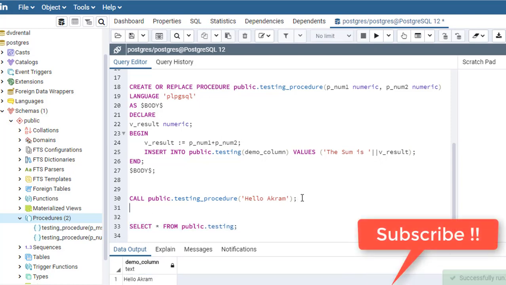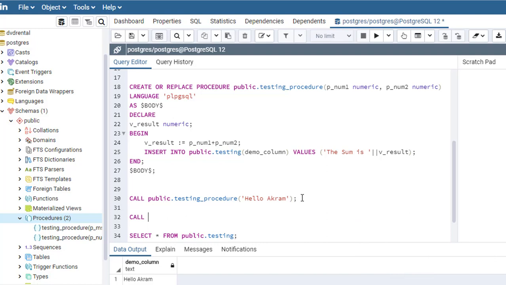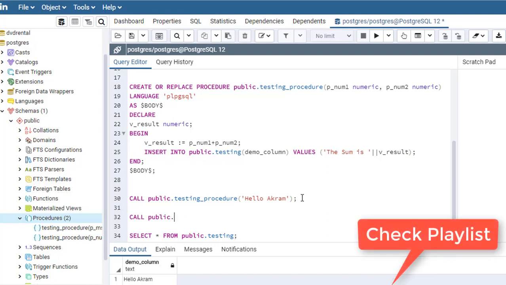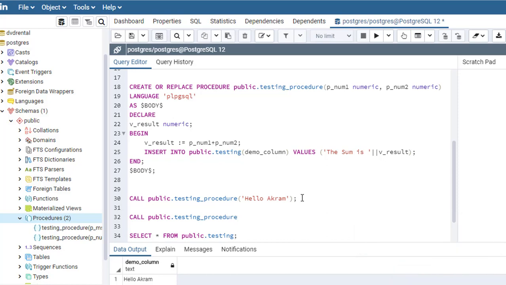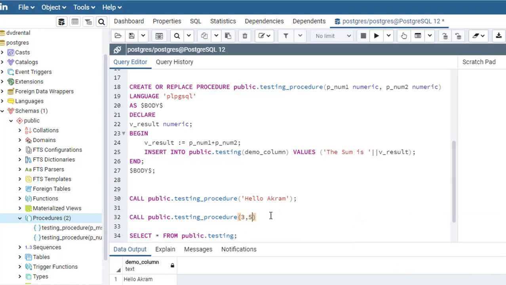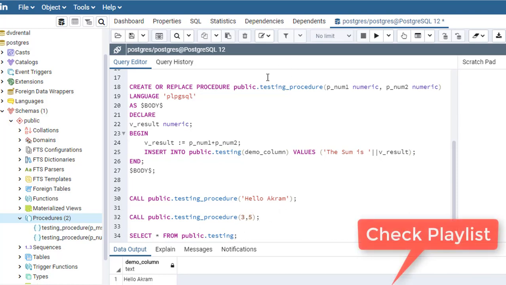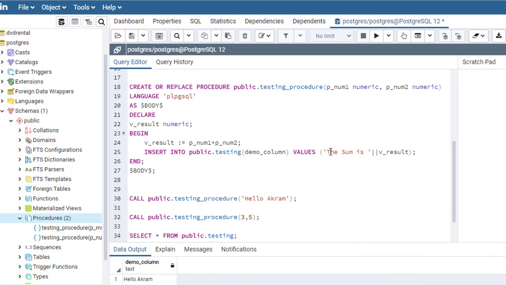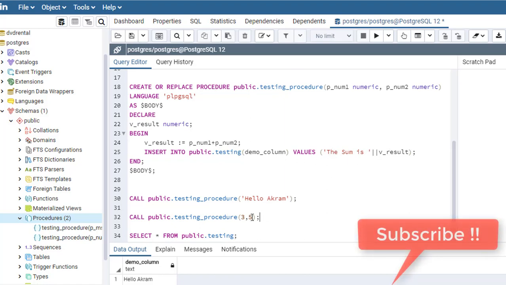Now what I'll do, I'll call the other one under the same name, public.testing procedure, and I'll pass p_number like 3 and 5. Okay, what it will do, it will call this one, and it will insert the result, the sum is 8, as the sum of 3 and 5 is 8.